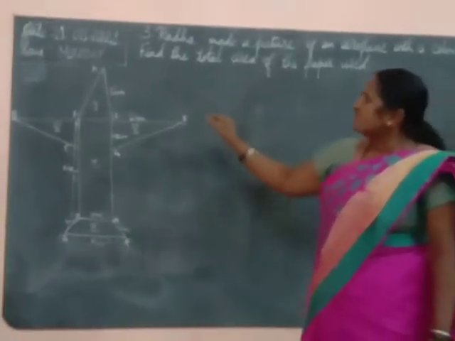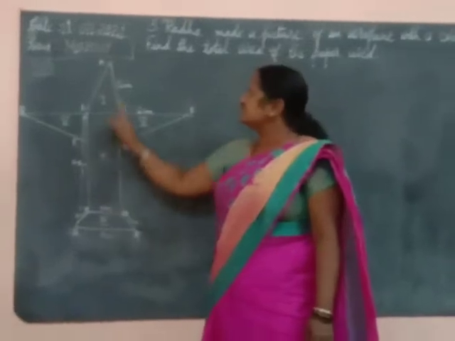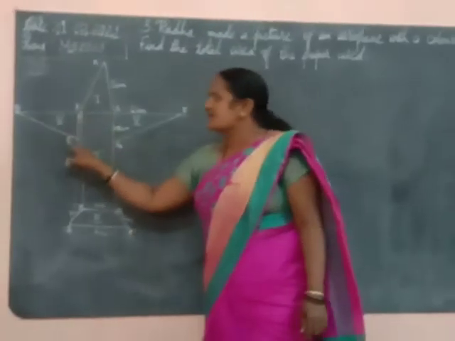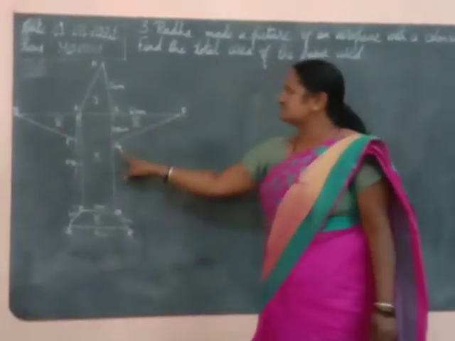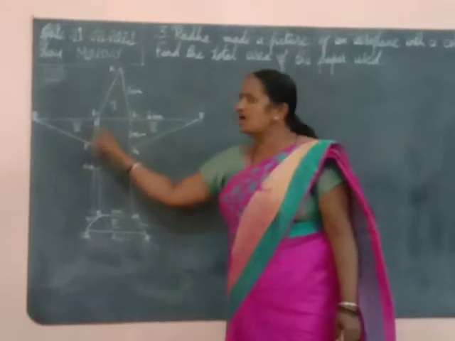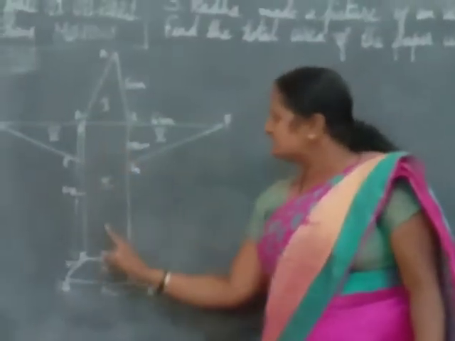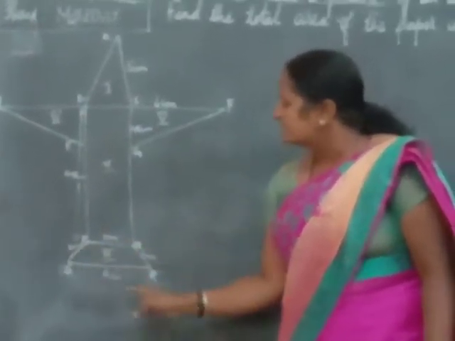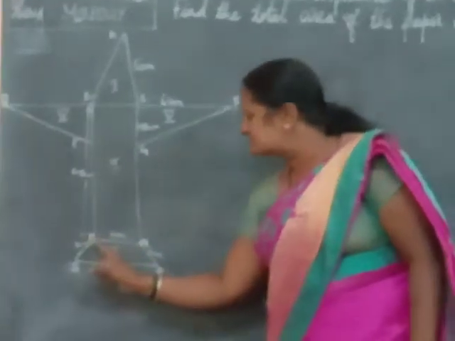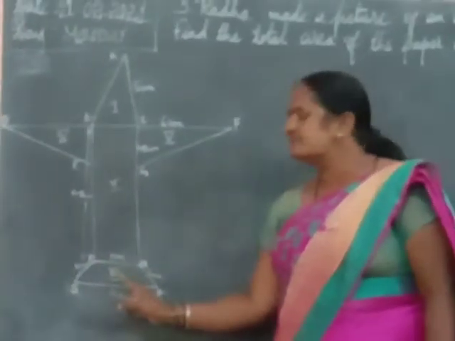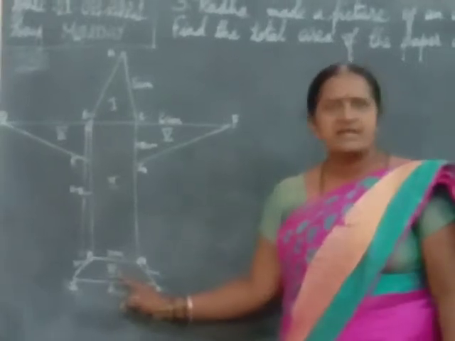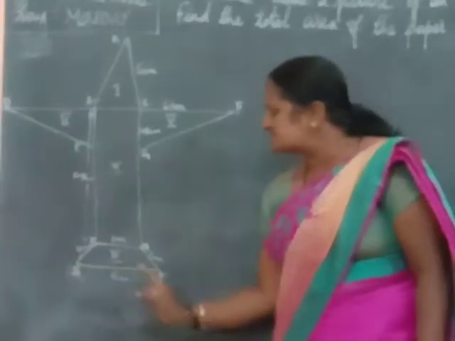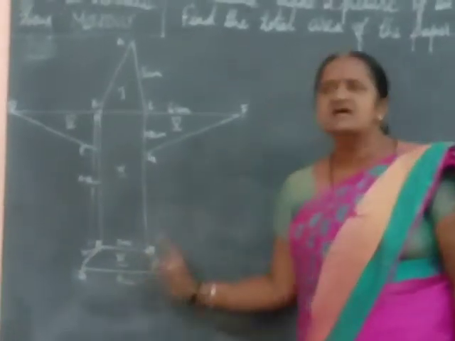Now here you can see the geometrical pictures. Here ABC is a triangle, and DBE another triangle, CFG. These two are equal triangles, and the rectangle she has used is BCQP. And then another geometrical figure, PQRS, is a trapezium. Since you can see 1 centimeter, 1 centimeter, 1 centimeter, we can say this is an isosceles trapezium.